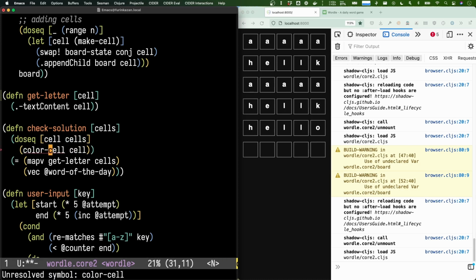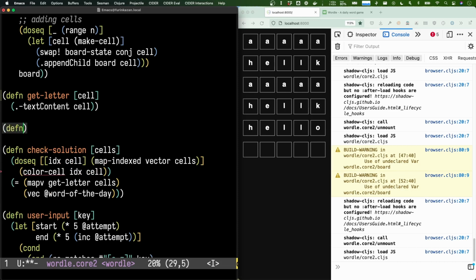But our function color cell actually needs to also know which color the cell should be. We need the index of the cell here, so let's use a map indexed to get the index of the cell. If I am correct, I think we can use a map indexed vector over here, and let's pass in both the index and the cell to the color cell function. And let's create a color cell function now,